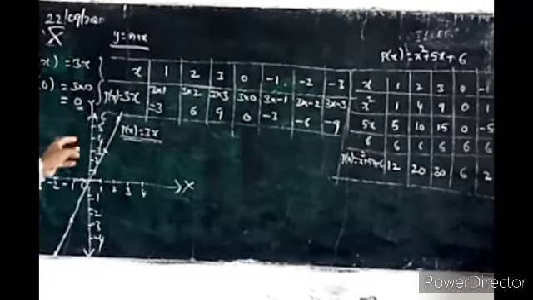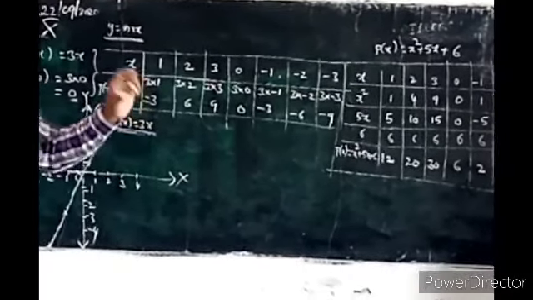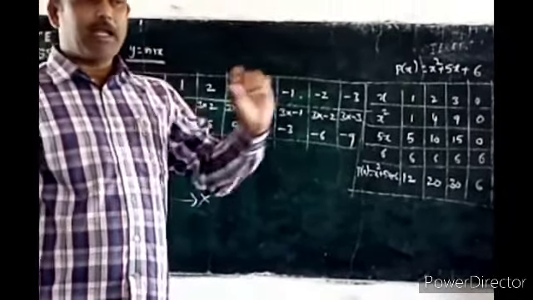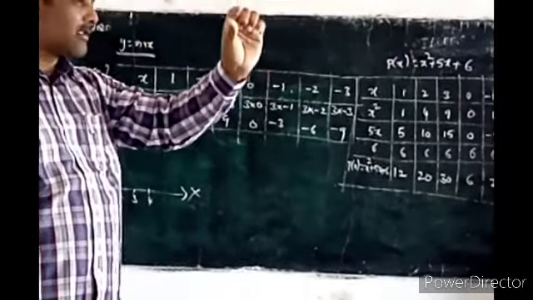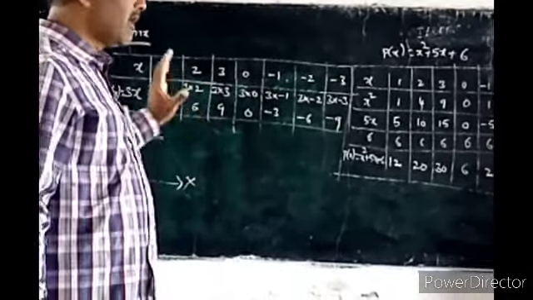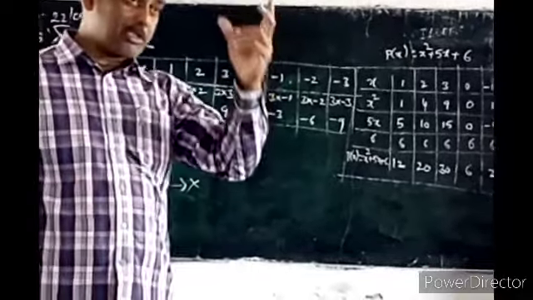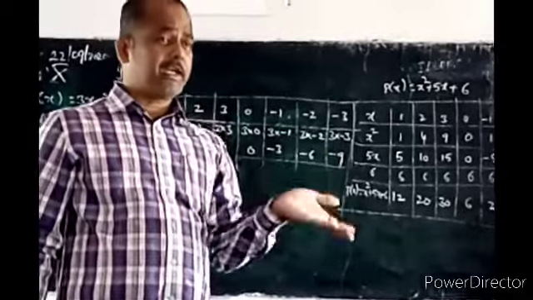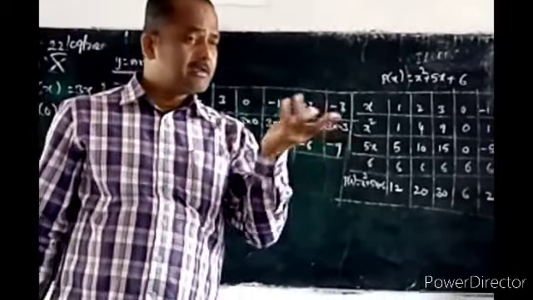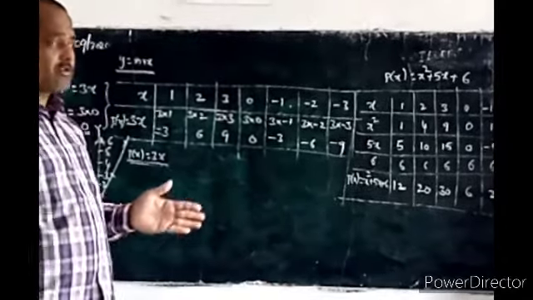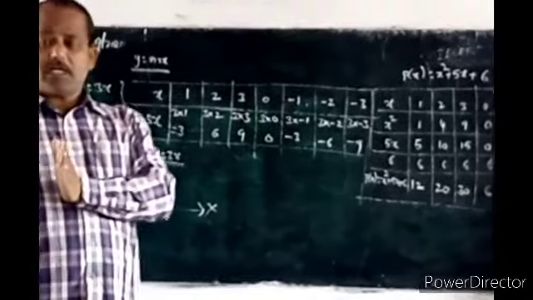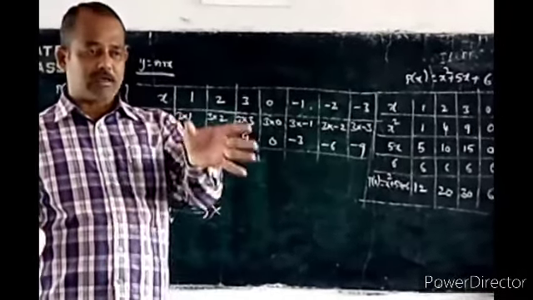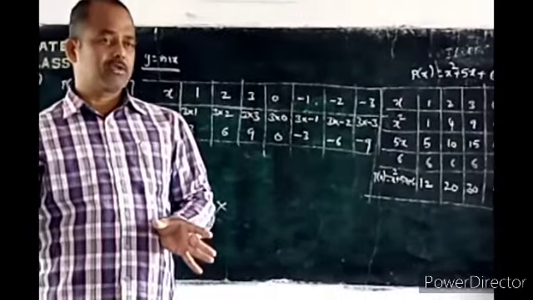When you are going to take different values in the graph, before drawing the graph, you have to write the scale. On the x-axis, 1 centimeter is 1 unit only. On the y-axis, how much is 1 centimeter taken as? If 1 unit is taken, it means 1. If 2 is taken, 2. If 5 is taken, 5. If 10 is taken, 10. And also you have to write one more thing on the right side of the paper. On the left side you are getting the graph, and on the right side you are going to write the matter.